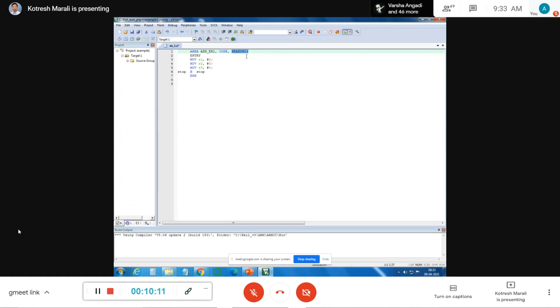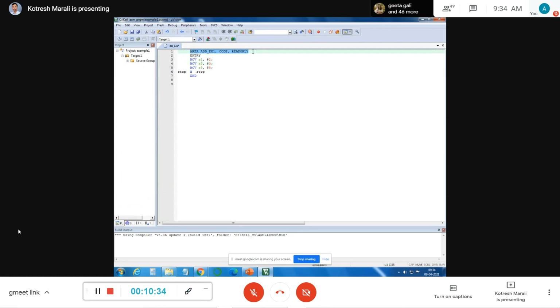We also have a read write option, which we use when we are trying to write back to memory. That means the processor performs the operations and later gives the result back to the memory. In such cases we will use read write instead of read only.